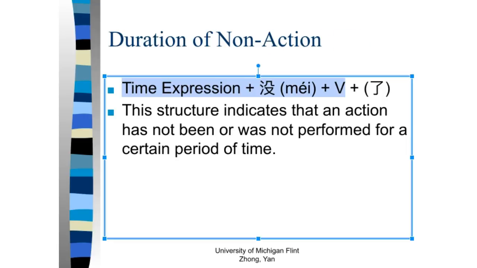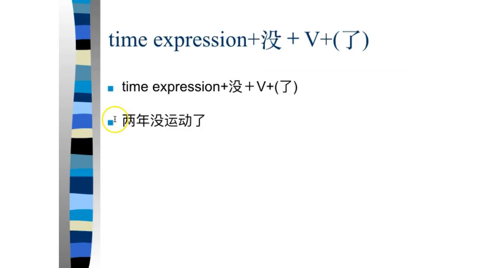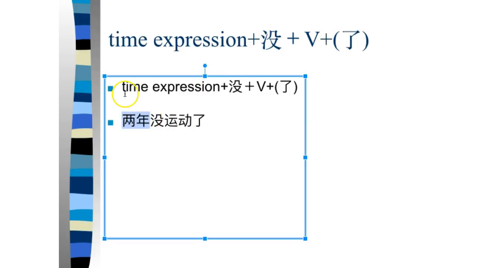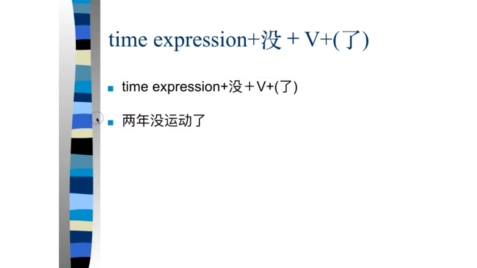For example, 2年没运动了。Time expression 2年。Remember, 年 already is a measure word, so there's no 个 or anything. It's just 2年。没运动，运动 verb, 了。